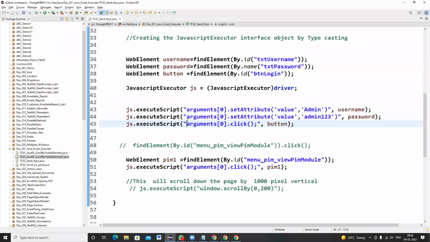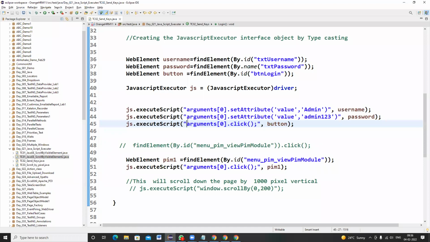There are many chances that when we use that sendKeys, by using driver.findElement By.id and specifying the locator .sendKeys, it doesn't work.